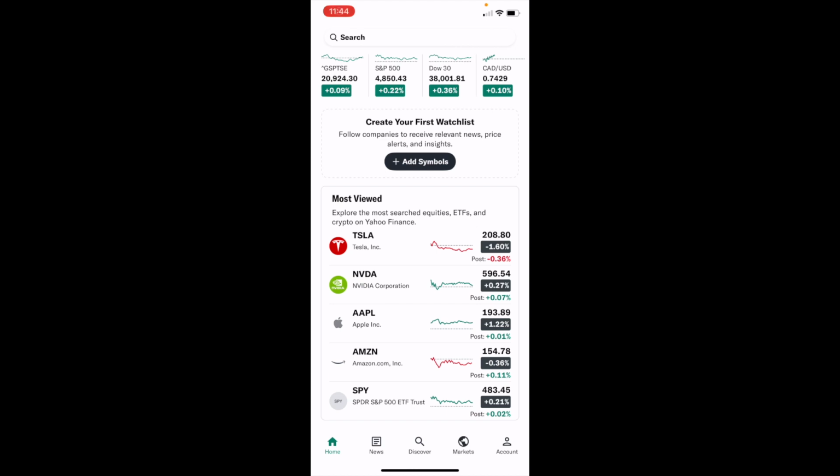So in this Yahoo Finance tutorial video, I am going to be showing you guys how to view the most actively traded stocks here on Yahoo Finance. So once you have the Yahoo Finance app open on your device or you're on the website, simply go into the bottom here and press on the Discover tab, where there's the magnifying glass icon